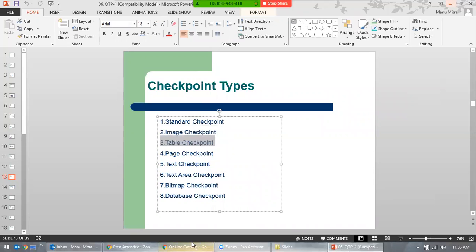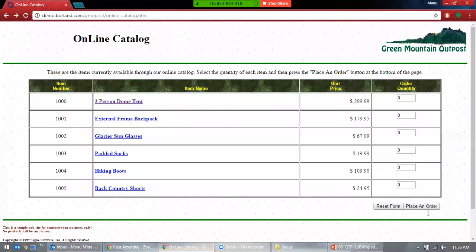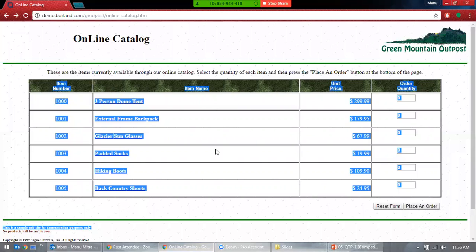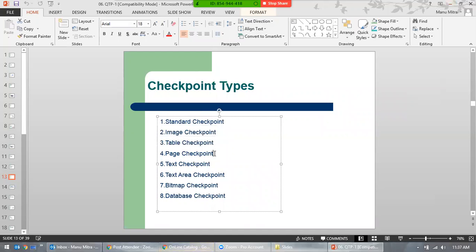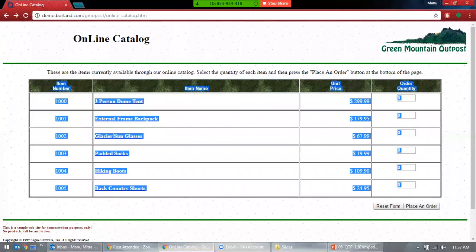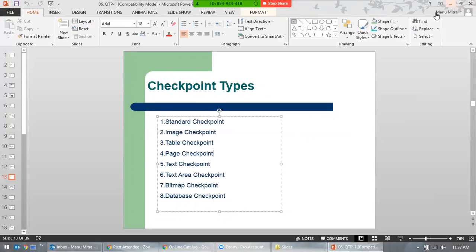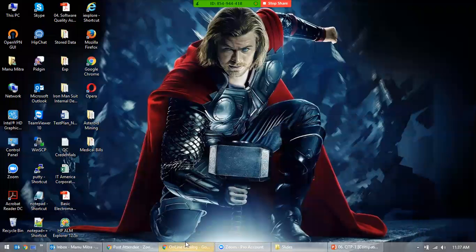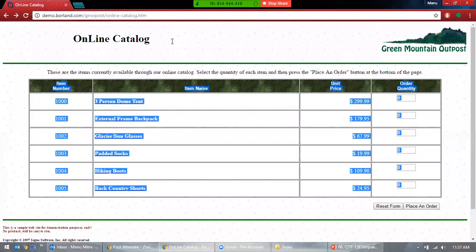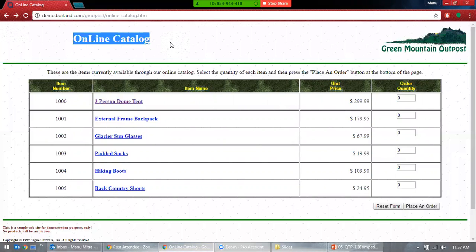Then you have table checkpoint. So this is a table, and you want to check this. You can do that. Page checkpoint, if you want to checkpoint the whole page. Whole page, then it's called page checkpoint. Then you have text checkpoint. So this is the text, and you want to checkpoint this. The purple color shows up here and it gets highlighted. So that's called a